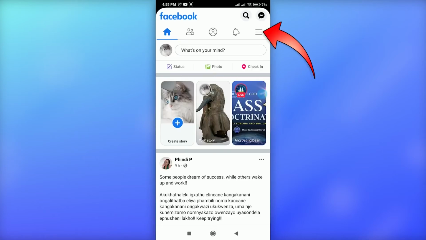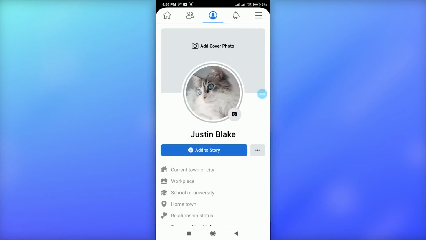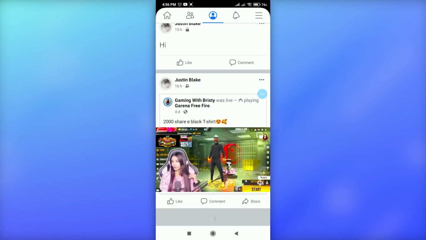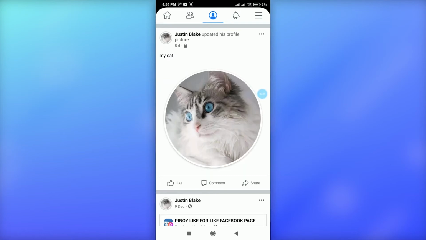And then simply tap on this three horizontal line and enter on your profile, or you can directly enter your profile by tapping on this icon at the middle on the top. Just tap on this icon in order to enter your profile and just search for the post that you want to pin. Here I want to pin this photo, so just tap on these three dots at the top right